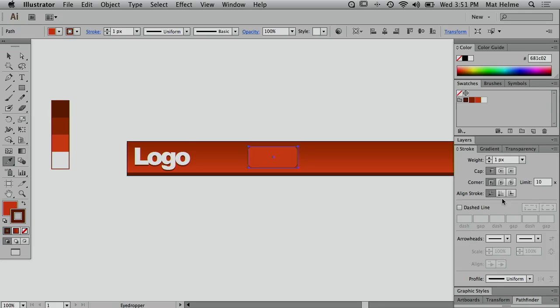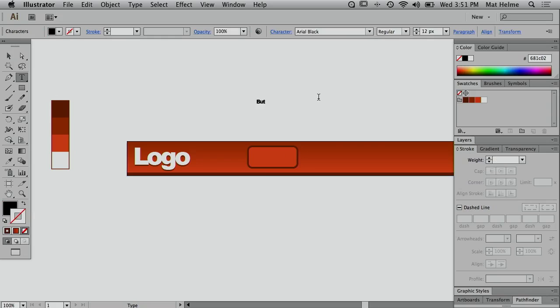And then in the stroke panel, we're going to make that, say, 4 pixels. So we have the background color of the lighter orange, and then we have the border color with the darker burgundy color. Then let's grab our text tool, just type in button,